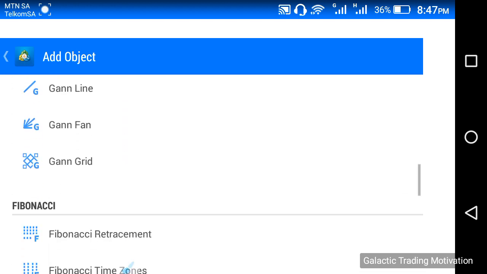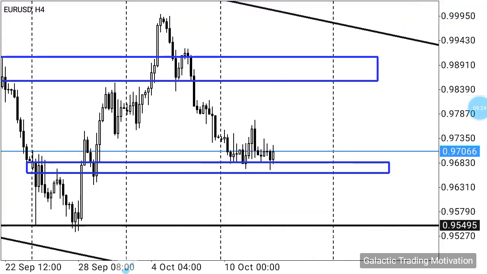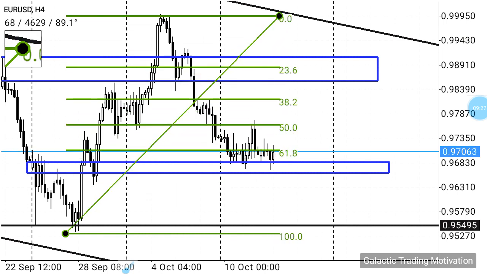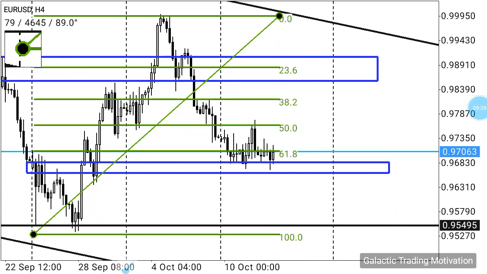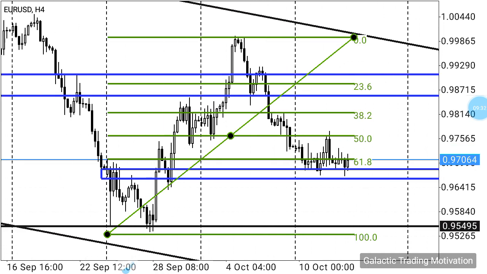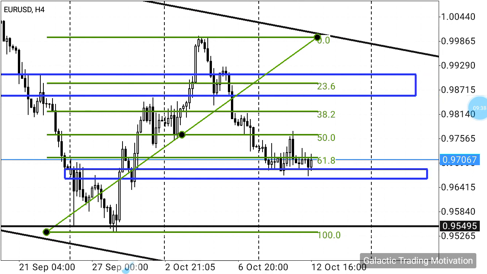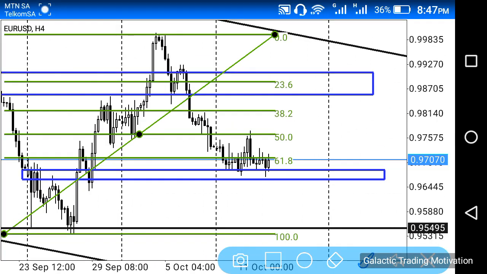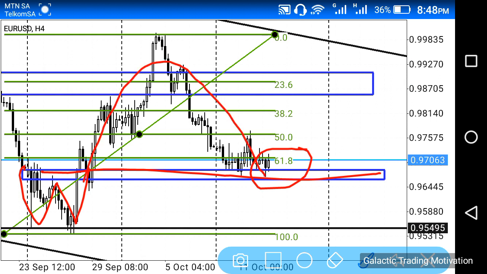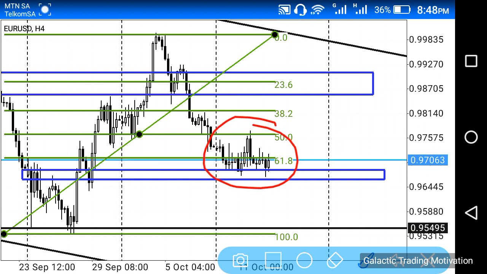Let's see Fibonacci. There we go, and let's see. So we can see, guys, that more or less the neckline of this W structure aligns with the 61.8% Fibonacci retracement level. So in my humble opinion, we should be looking for potential buying opportunities at this point,